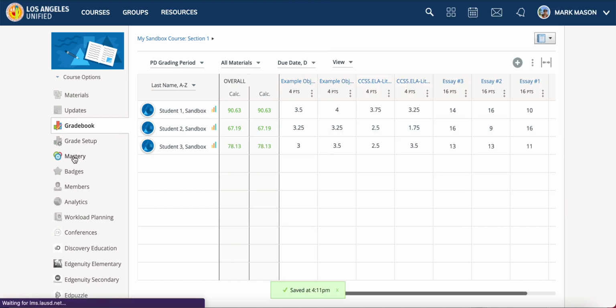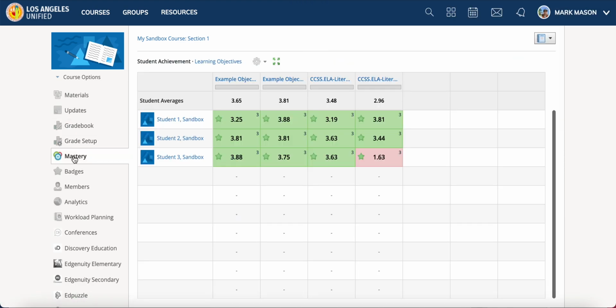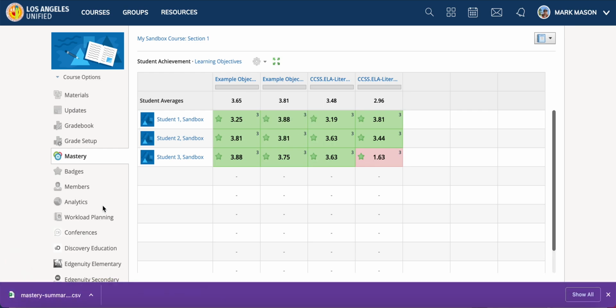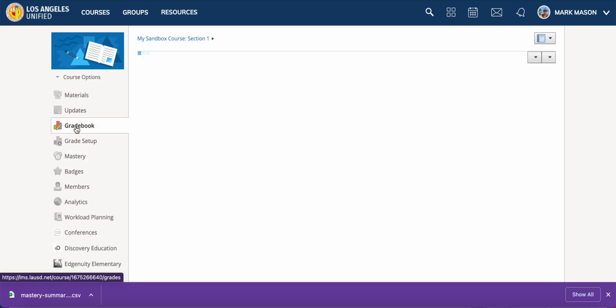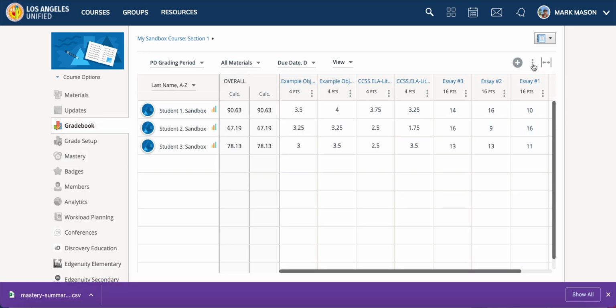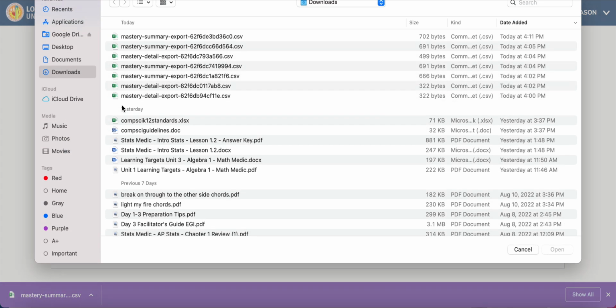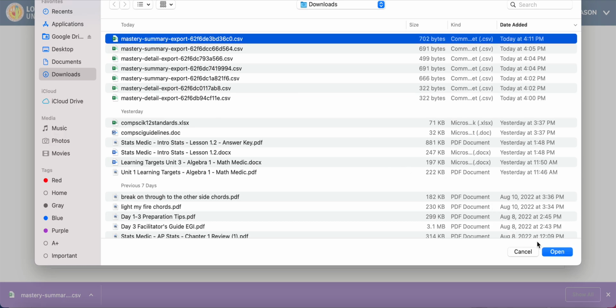And so when I go into mastery, mastery is now changed with this new essay that they wrote. So I need to update these learning objective grades. I'm going to do the same thing again that I did before. I'm going to download the summary. So export summary. Okay, so now I have my summary exported. It's a new file. And I'm going to go back to my gradebook. But this time it's going to be a little easier. The 3 dots right there, click it again, import, find that file, hit open,